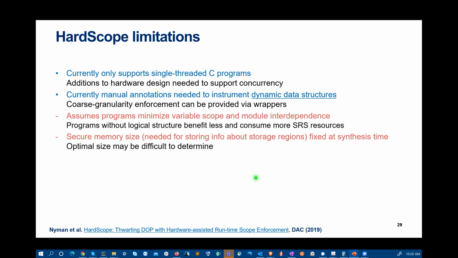We have to decide the maximum size of this secure memory at design time, and that would then have an effect on what kind of programs could be supported. What is the level of nesting in function calls that would be supported? But the biggest